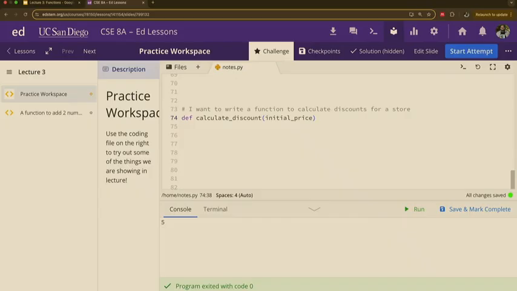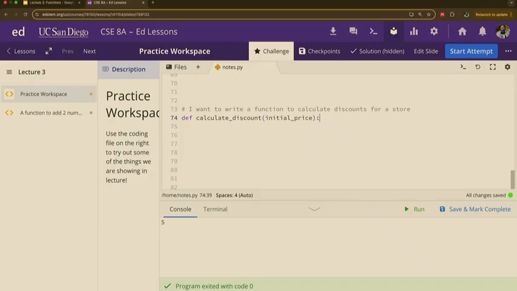And then what you do is you put a colon. This colon is telling Python, okay, we said we're going to make a function together. Python says, cool, what are we going to name it? We're going to call it calculate discount. Okay, great. What are we going to get from the user to do something with it?